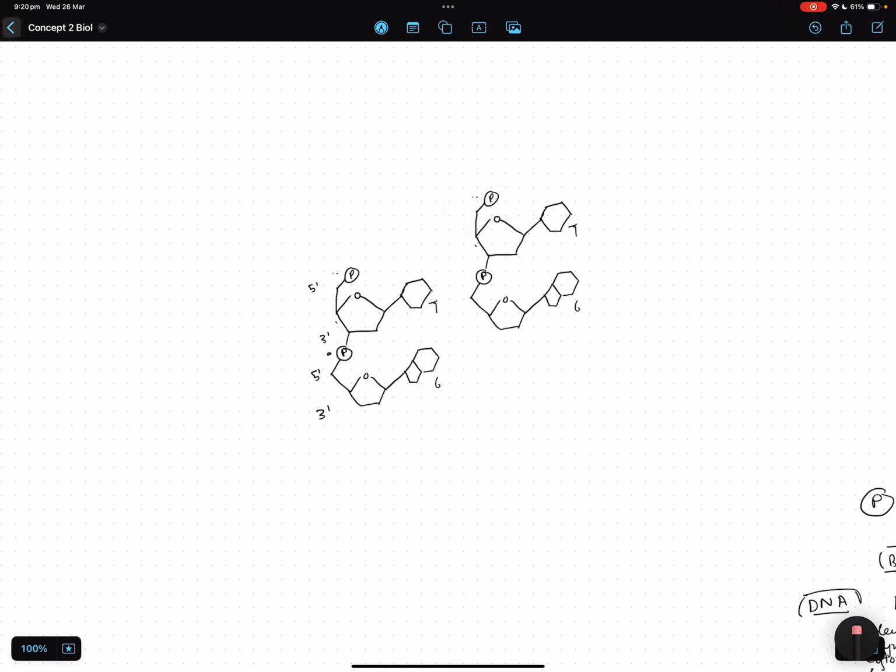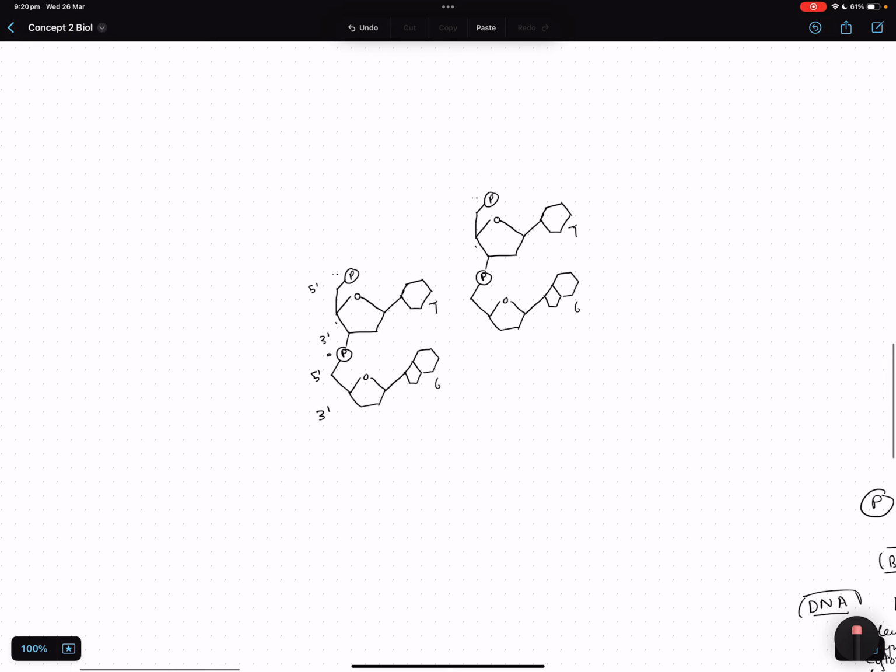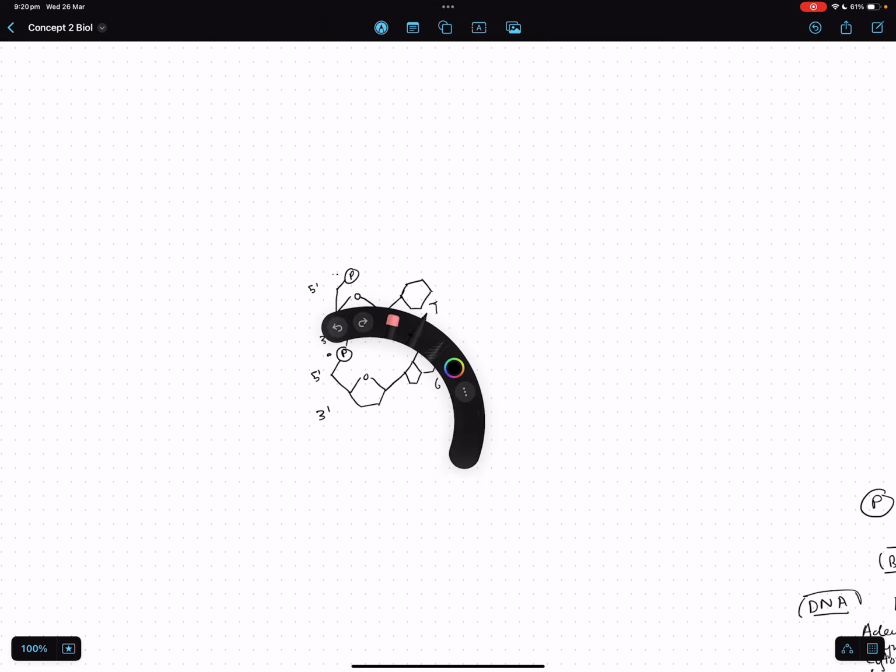Just for my laziness, search up what DNA looks like. But it looks like this basically, and it connects downwards to another phosphate and just goes on forever. I mean, there's a limited amount, but it feels like it goes on forever. And then these link to other things. 1, 2, 3, 4, 5. There's links, and then this one would be